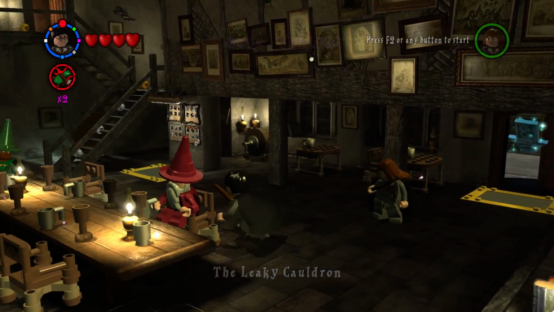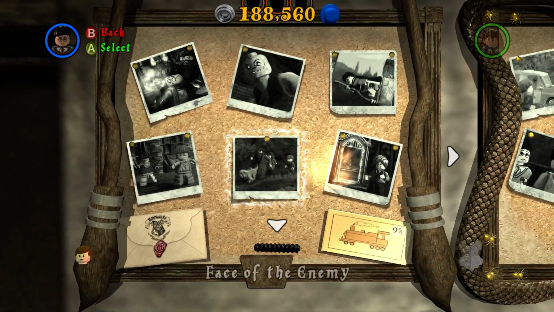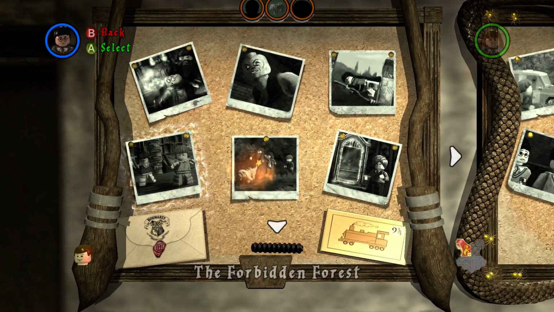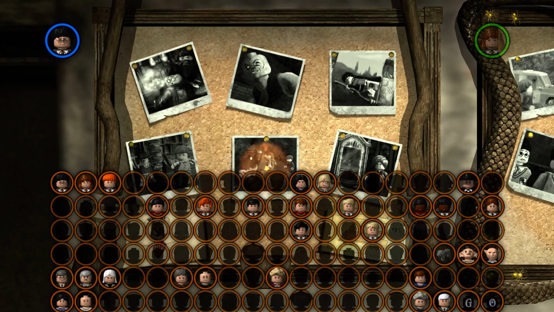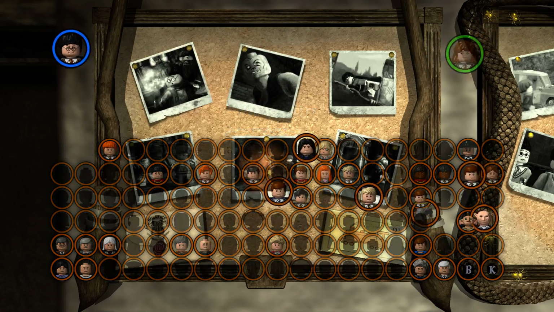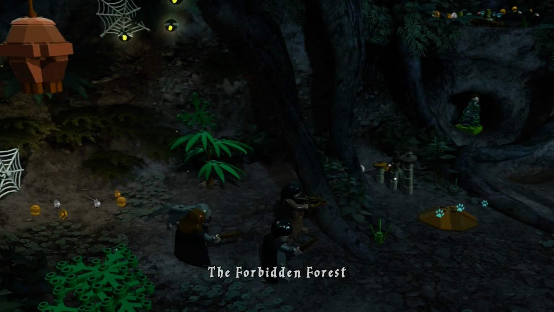Let's continue. So, we don't have much to do, so we're just going to jump into the next level, try to get as many studs as possible. Our next goal is 400,000 to get score times 4. So,